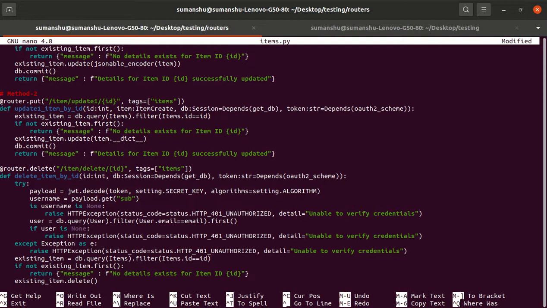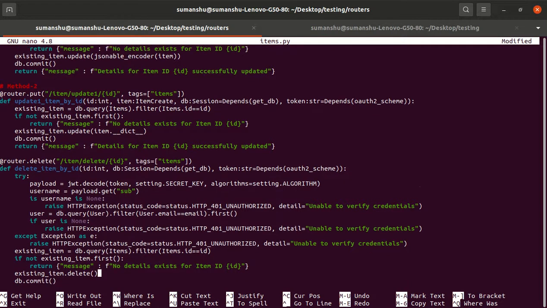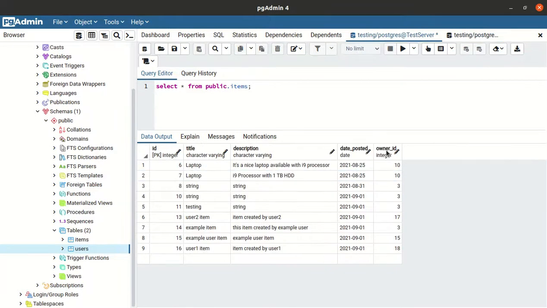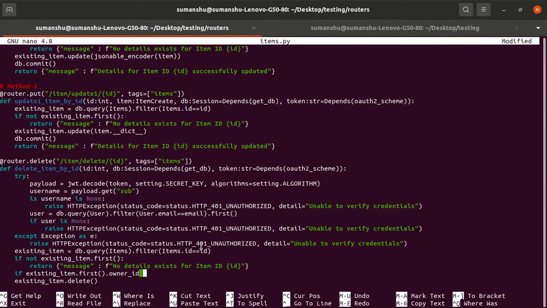Okay, so first check whether the particular item exists or not. If it exists, before deleting it we will check the existing item, whichever the user is going to delete. All right, existing item dot owner ID, because in the items table we have the owner ID. So whatever item the user is trying to delete, first we will check whether this owner ID is equal to user dot ID.